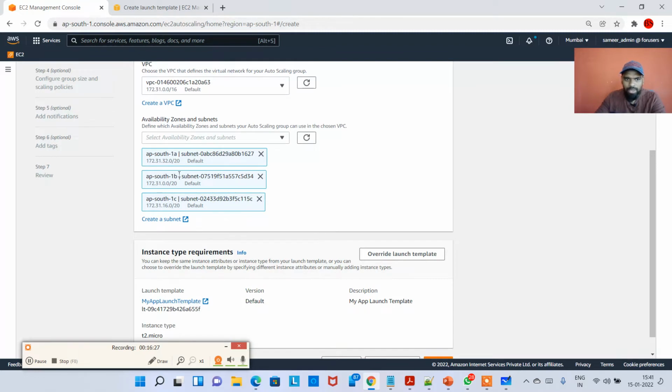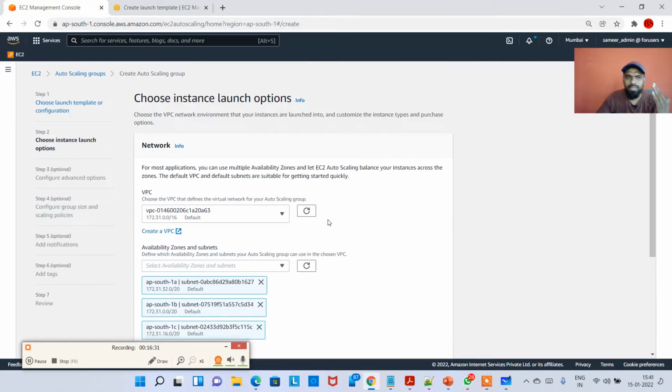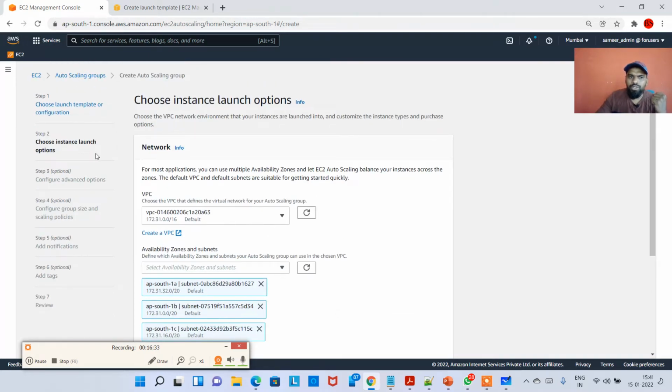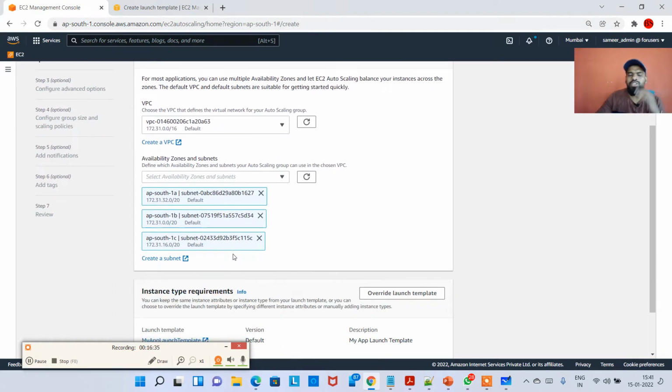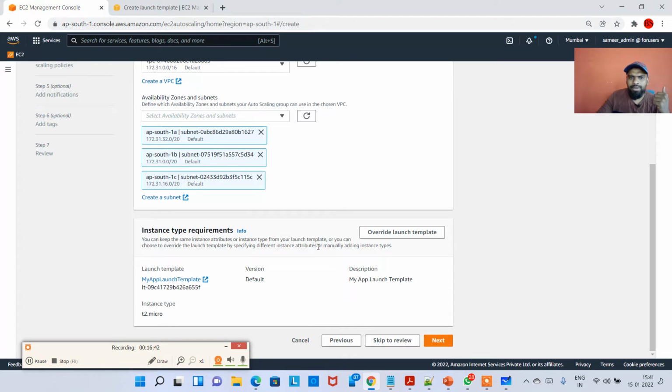Okay, that is 1A, 1B and 1C. So this is for your high availability. I'm just choosing 1A, 1B, 1C. Okay, and then